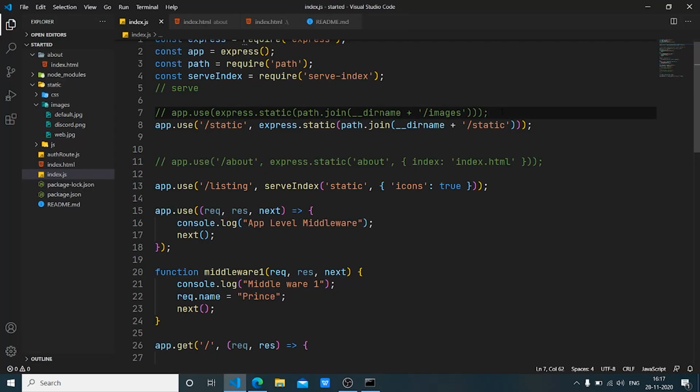But although we were getting much into detail, the very simple concept of the entire video is that when we will be creating projects, when we will be serving static files, we have to use this method of serving static files from a route, that's /static. I won't prefer sending everything from the initial route, because this is far better. And Express also gives us further options for setting headers and caching data, but that isn't something which makes much sense right now. And if the index part doesn't make much sense to you, that's okay. People who have coded in PHP will understand what this actually means.